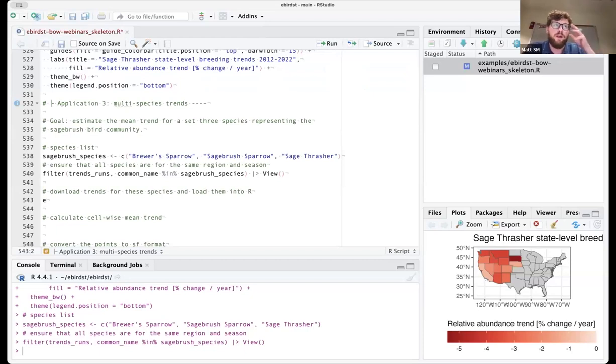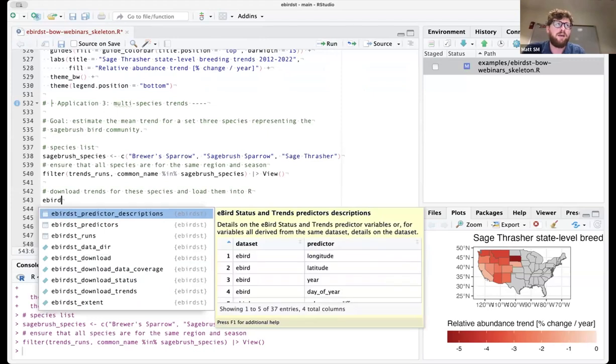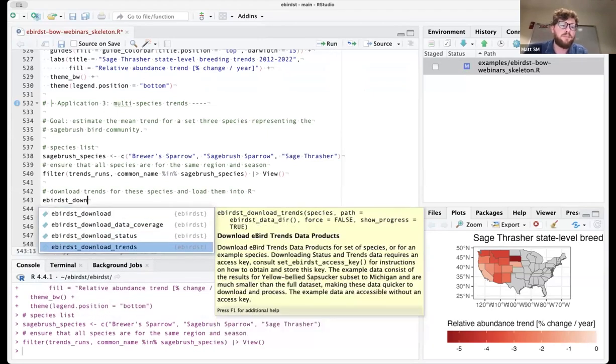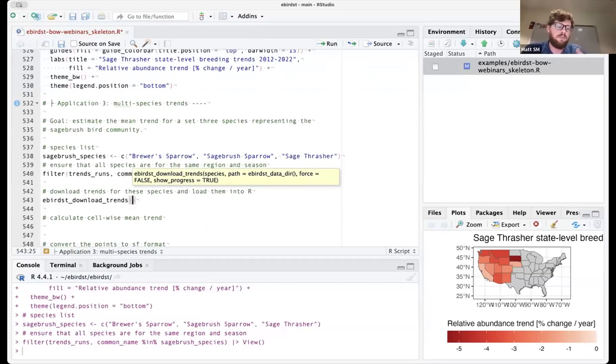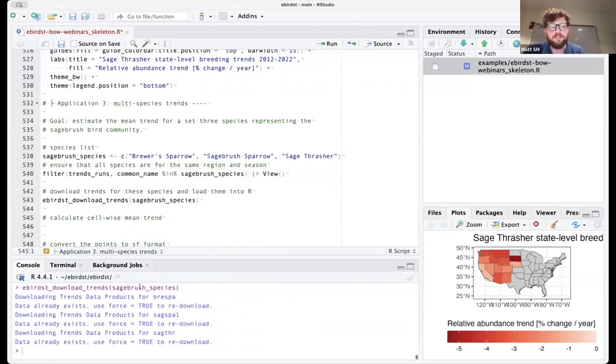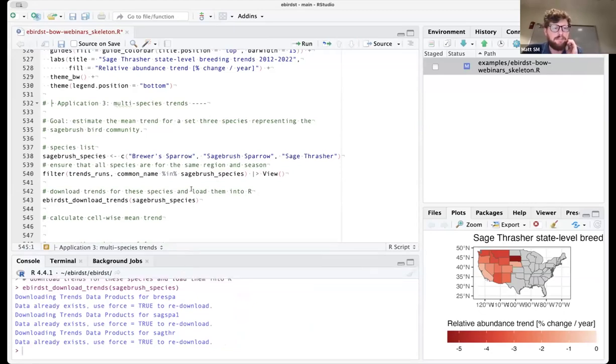Now I'm going to download the trends for these 3 species. One cool thing about the trends side, because it's a much simpler data set, you can download multiple species at once. So I can give the eBirdSE download trends function that full list of species, and it will download all 3. In this case, it's just telling me that I already pre-downloaded them.